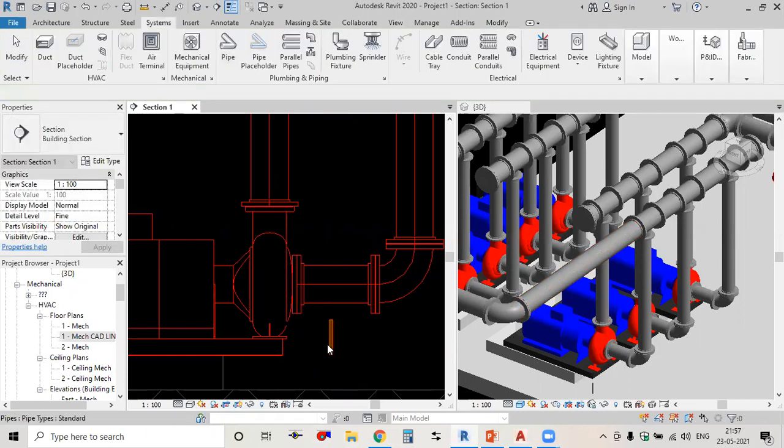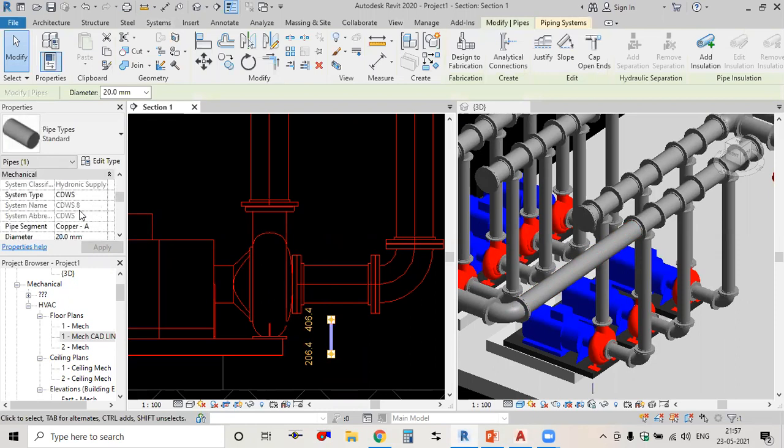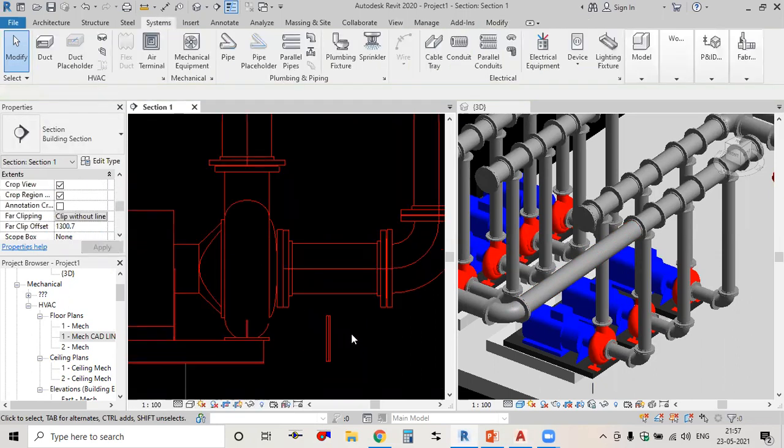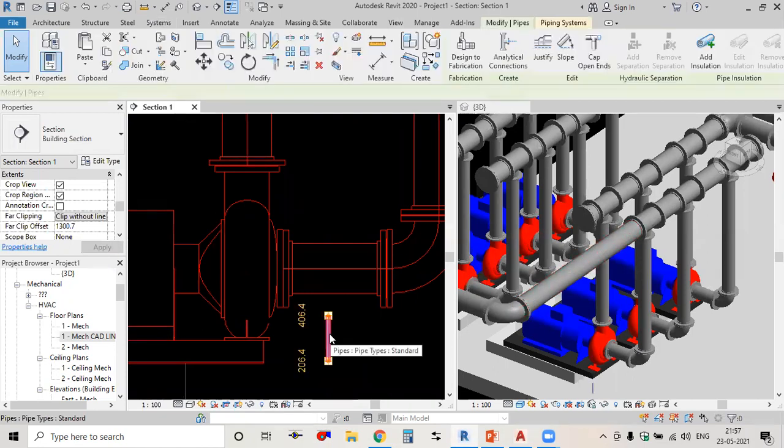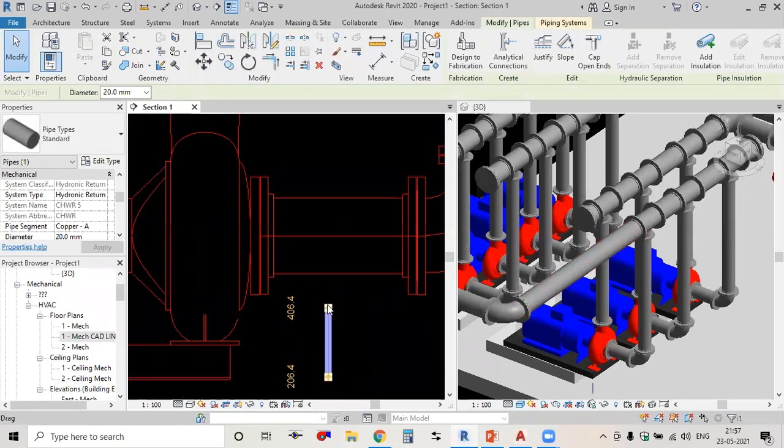Select this pipe and make the system as hydronic return. And this you can connect with this pipe.